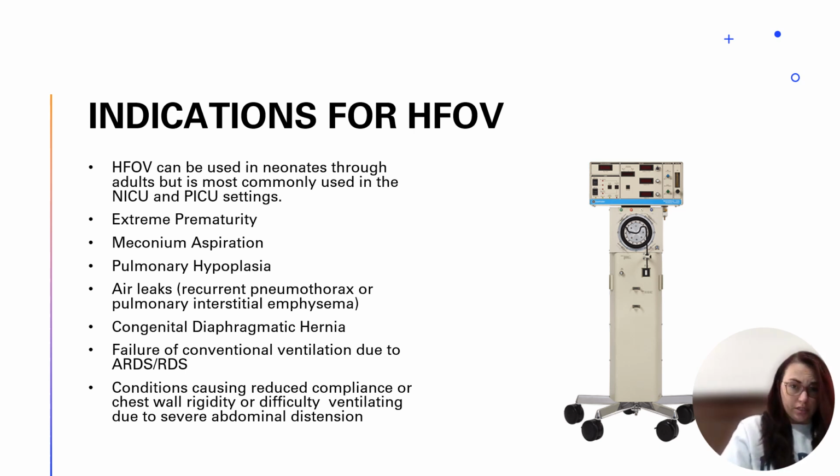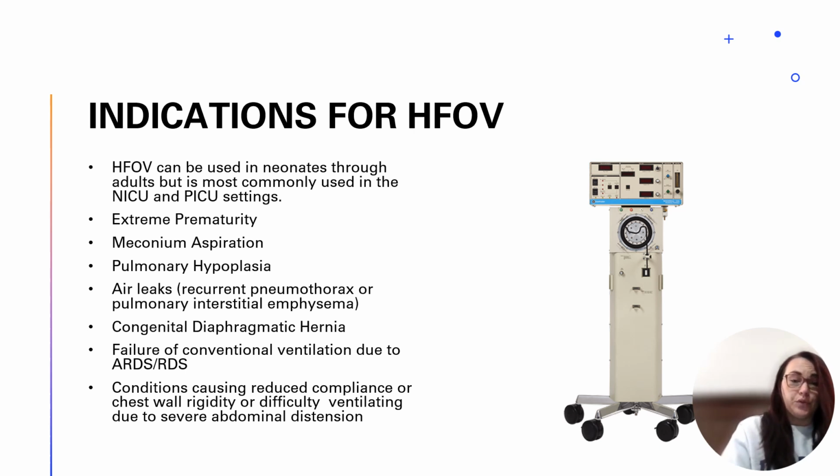When you have recurrent air leaks, so if you've got a baby that's got a recurrent pneumothorax, or a baby that has had a TEF-EA repair, or is in the middle of undergoing surgeries for a TEF-EA repair, and they have those consistent air leaks, or if they have PIE, like your teeny tiny babies and their lungs look like popcorn, it's a good time to use the oscillator. Again, congenital diaphragmatic hernias, especially ones that are severe and they're waiting to go on ECMO before they can get